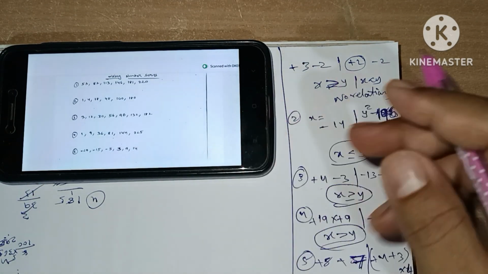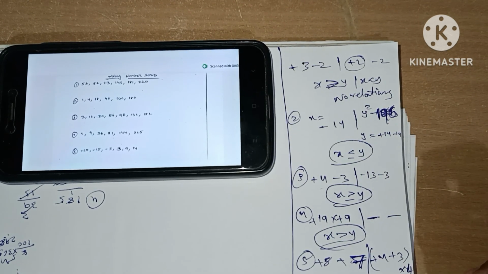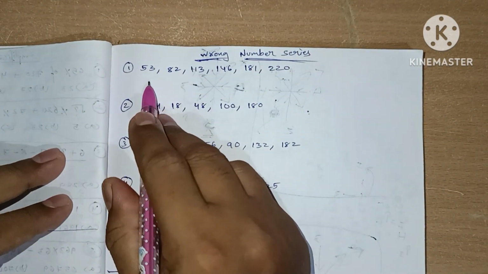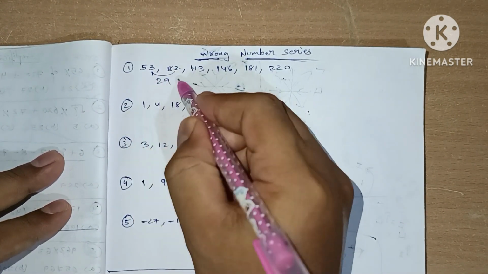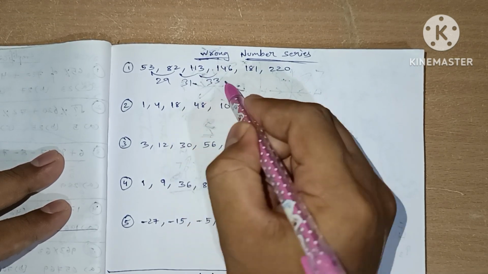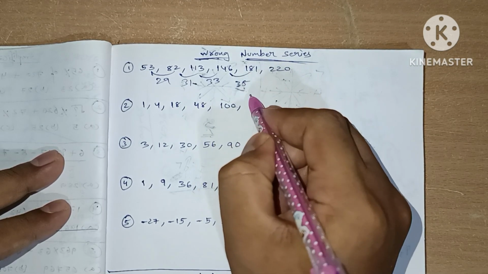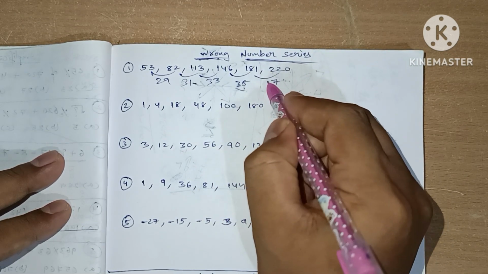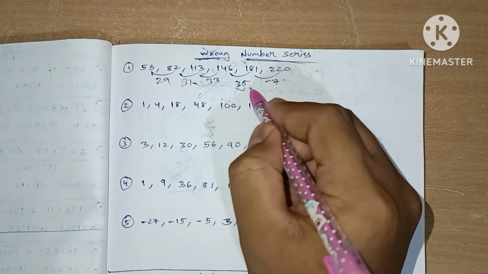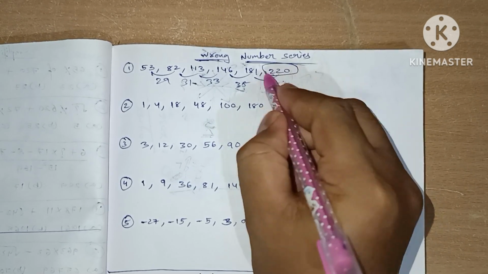Now we reach wrong number series. Let's see this here, wrong number series. Here we see a difference of 29. Here we see a difference of 31. Here we see a difference of 33. So odd numbers are consecutive numbers. The difference between these two is 37. Here the difference is 7, and here the difference must be 37, but it is 1 plus 7, which is not 220, so this is a